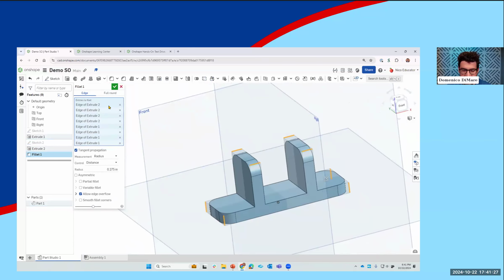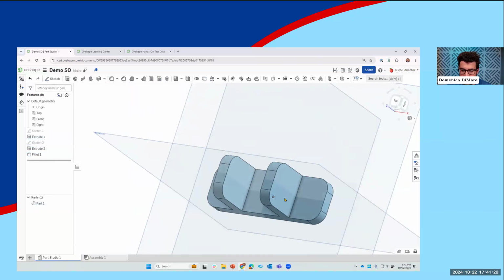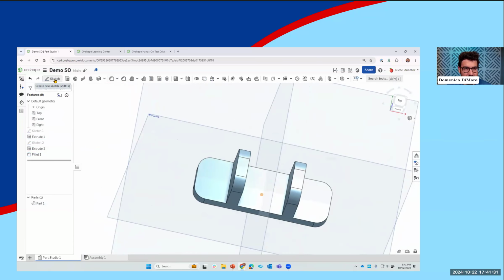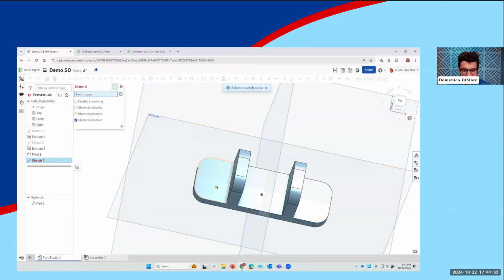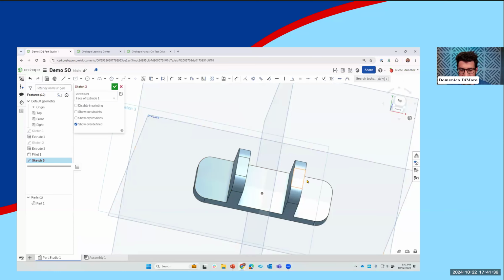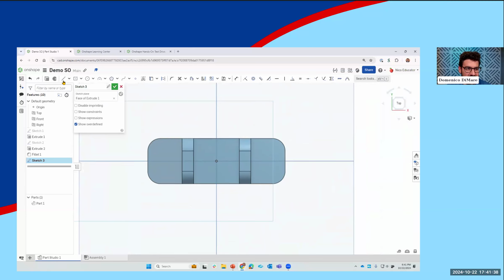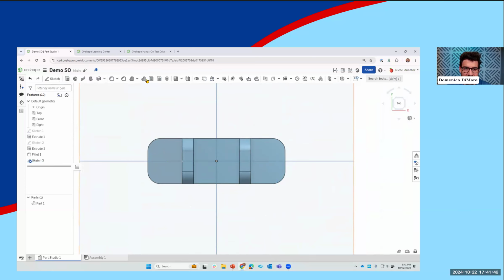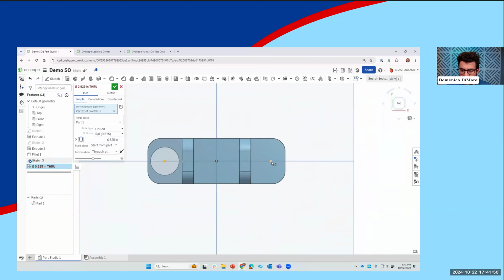Get those all rounded, starting to look more like a bracket, I think. Next thing we'll probably want to do is add some holes so we can attach this to the actual frame that this might go on. So I'll draw something with 2 points, and then I can use the hole wizard here to go ahead and